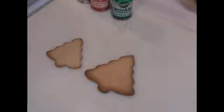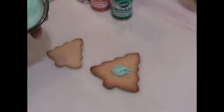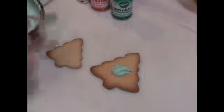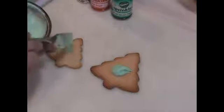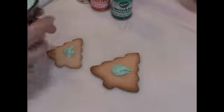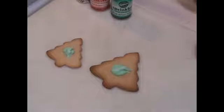This is some of the shortening base, the thick icing. And just put a little bit on each cookie here. Obviously more so on the larger cookie than I would on the smaller one. Get on there. You're not going to want a whole lot, just enough to give it a little coat. And then you're going to grab a knife and we're going to spread the icing around